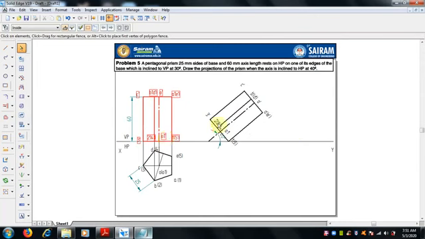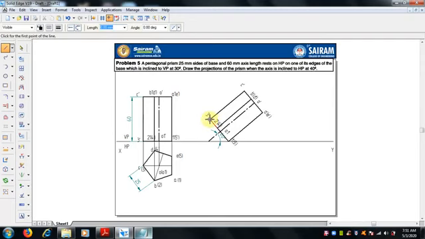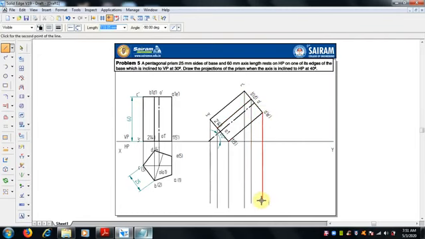By using the extend option, I extended only the axis. Now 40 is over. Next, we have to draw the top view by selecting line, projecting lines, just project. Axis line.